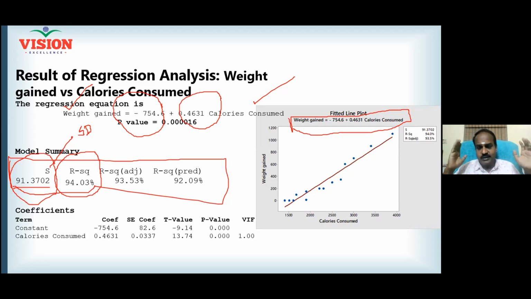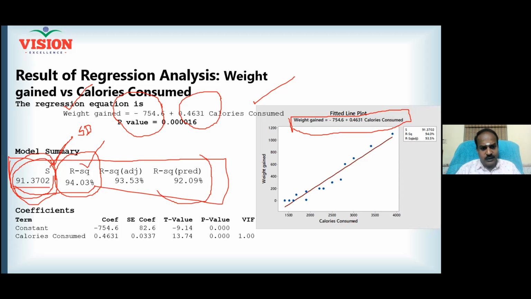If you don't want to have a wider prediction interval, see to it that your S is reduced in the study. How can you reduce the S? You can reduce the S by going for more number of readings, and then conducting the experimentation in a realistic way. If there are deviations in the way you conduct the experimentation, S will be more. If the number of factors is less, S will be more, right? And that's how the R square and S are helping you.